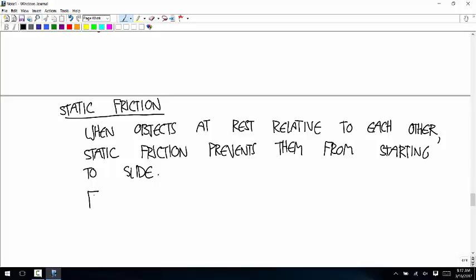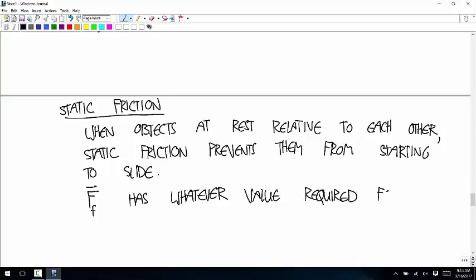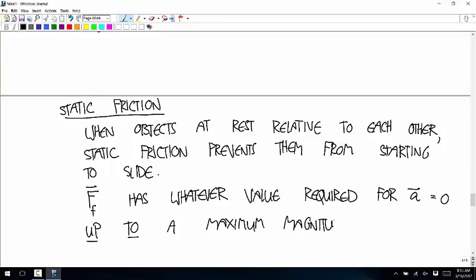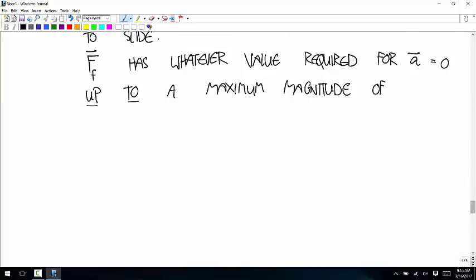So the force of friction, F_f, has whatever value is required for the acceleration to be 0, up to a maximum magnitude of F_f equals, that's the Greek letter mu, sub S times N,